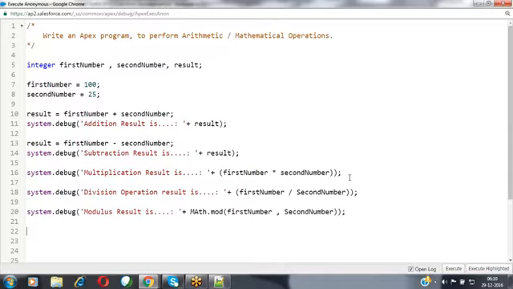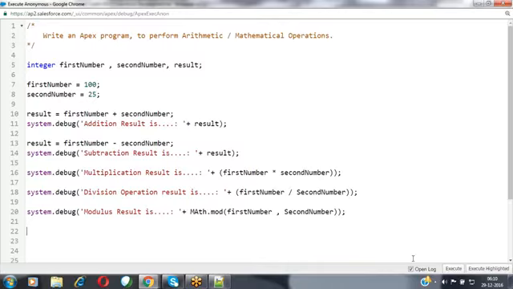For the first 2 operations, I'm using 2 lines of code. For the remaining 3 operations, I'm using a single line of code. We are always trying to reduce the number of lines of code. In order to perform these mathematical operations, we have defined 3 variables of type integer, and assigned the 2 values for the operations. The third variable, result, we have used to store the result of the operations, and we can display those result values as well.